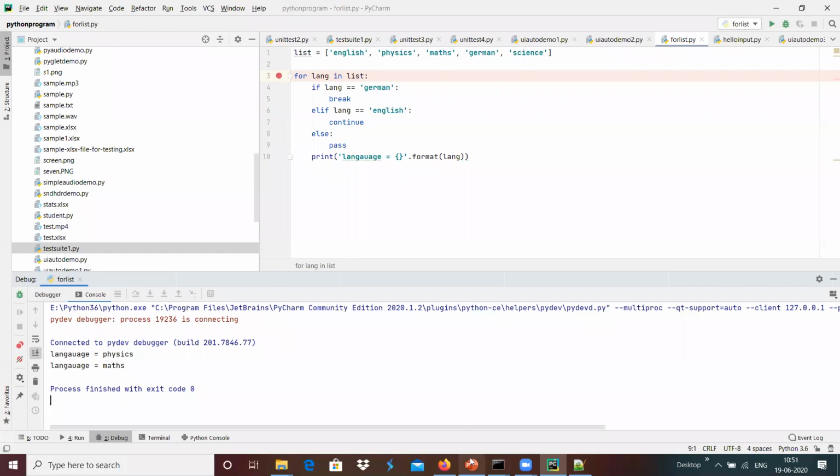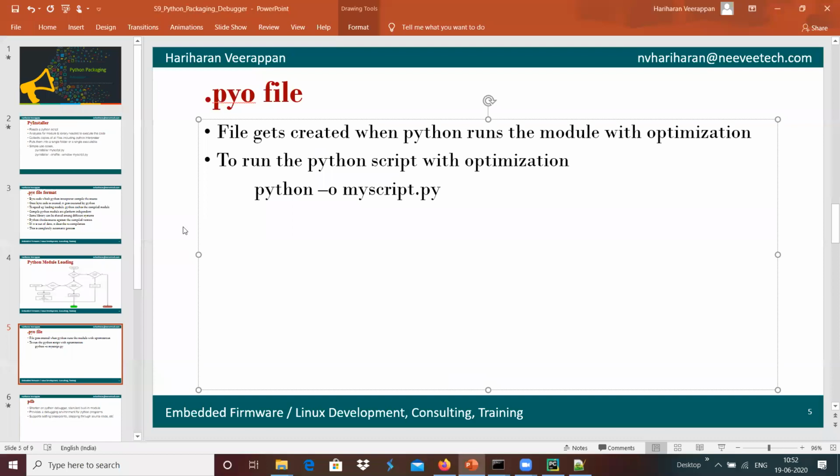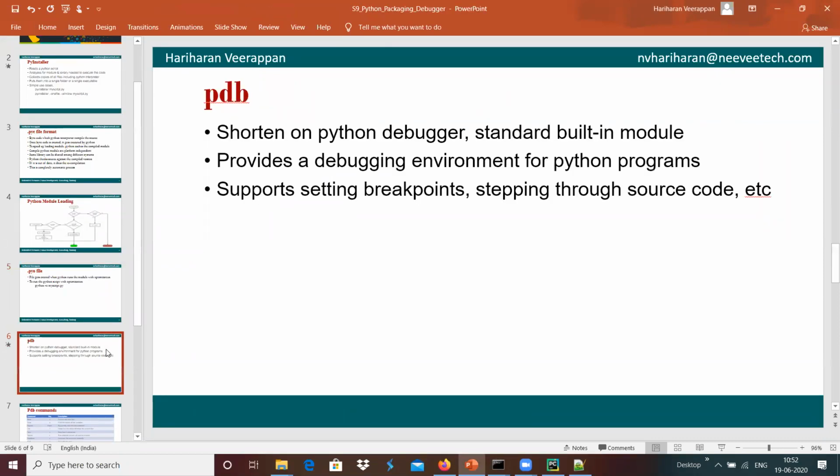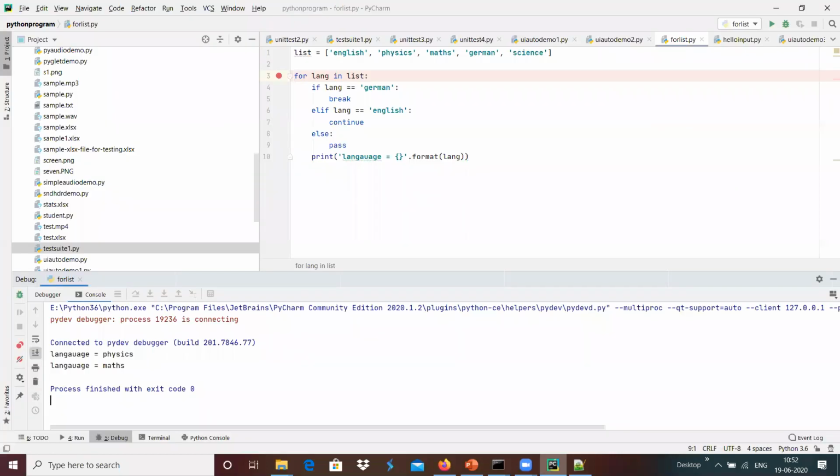Like this, we can do multiple options, with this kind of functionality provided by a module called PDB, which is integrated into this PyCharm IDE so that we are able to debug in a flexible UI manner.